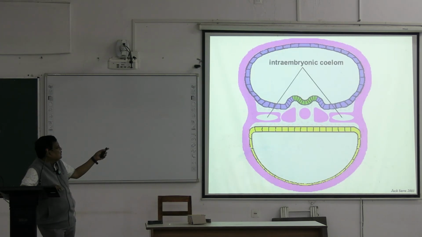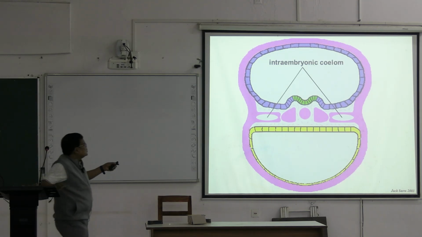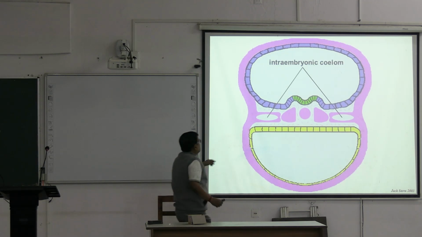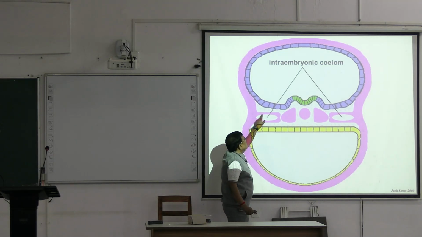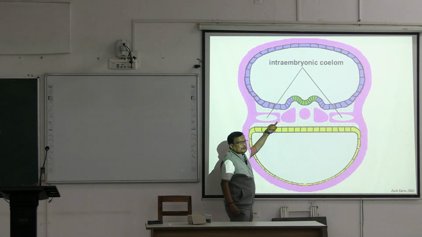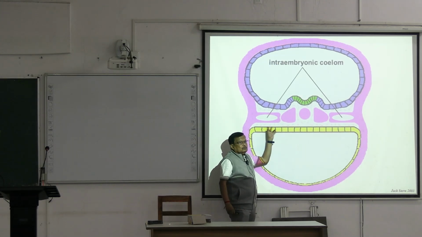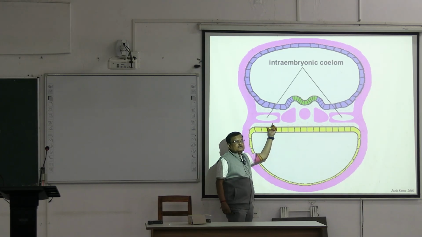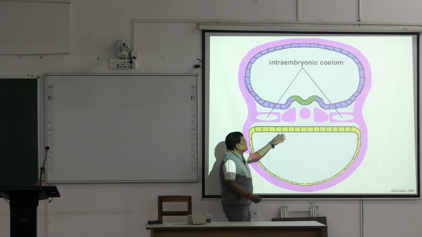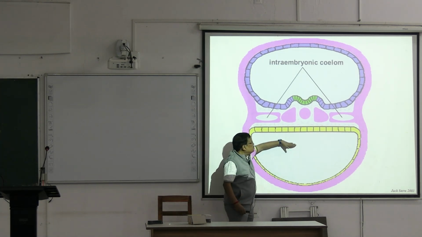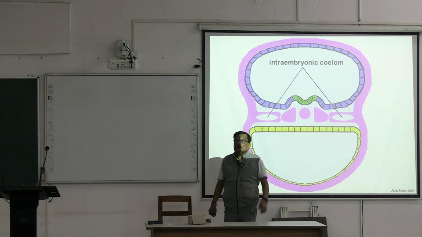And this, so what I have already told you, this is the intraembryonic coelom, this is the somatopleuric layer, this is the splanchnopleuric layer. The splanchnopleuric layer is closely applied to which layer? Ectoderm, mesoderm or endoderm? Endoderm. Ultimately this is the yolk sac, and this part of the yolk sac will produce, I have already told